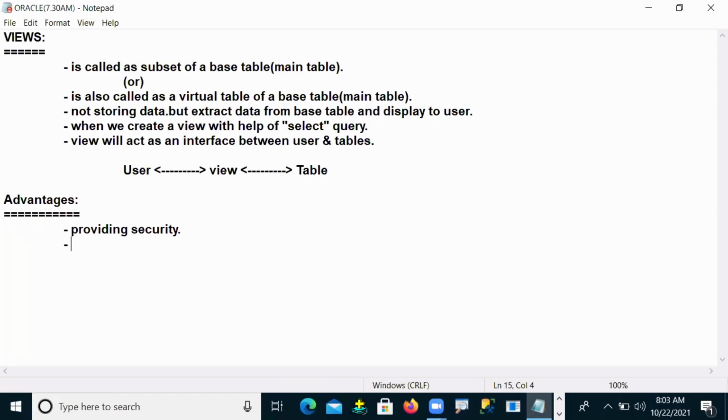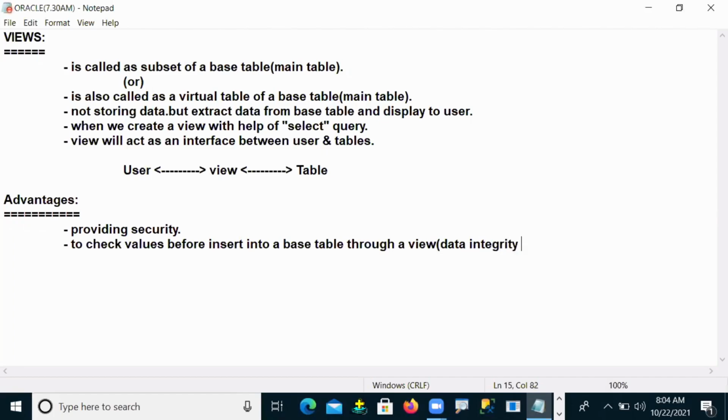The second one is that through a view we can check values before inserting into a base table. That means your view will follow data integrity rules.